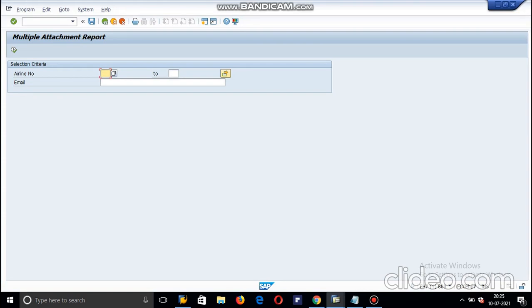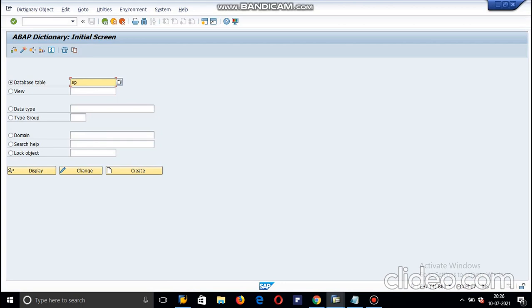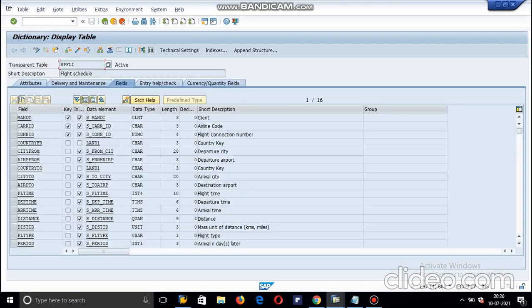I'm going to show you a business requirement called multiple attachments via mail. Here we are fetching records from one standard table, SPFLI, which you can see in SE11. I'm fetching the carrier ID, connection ID, country and city.